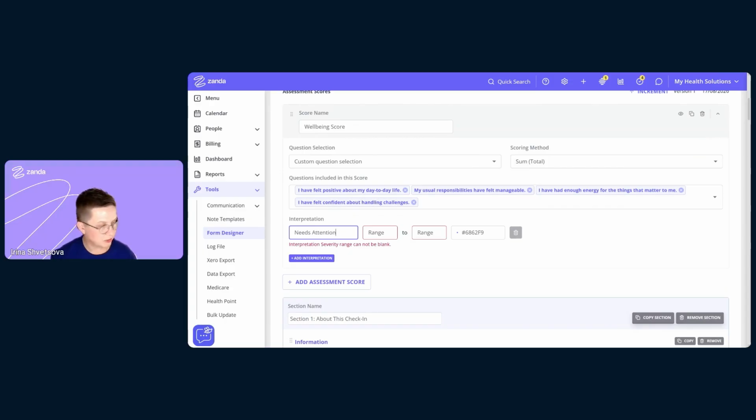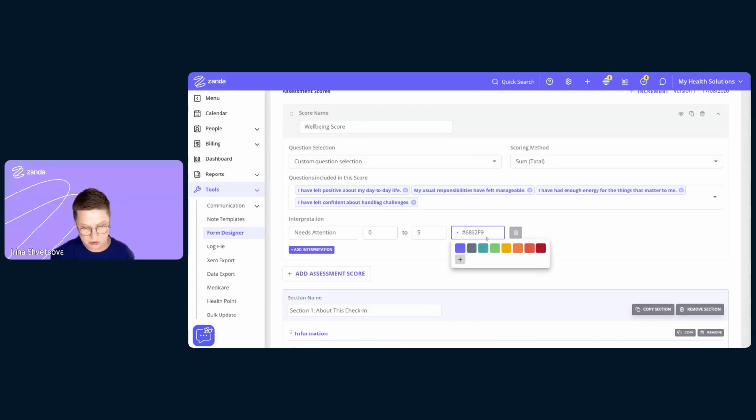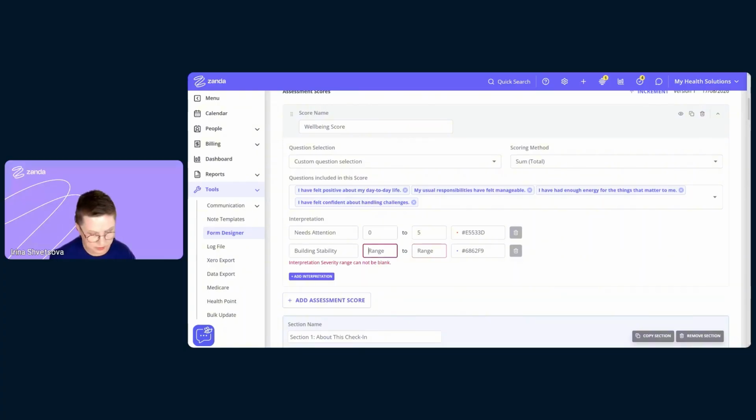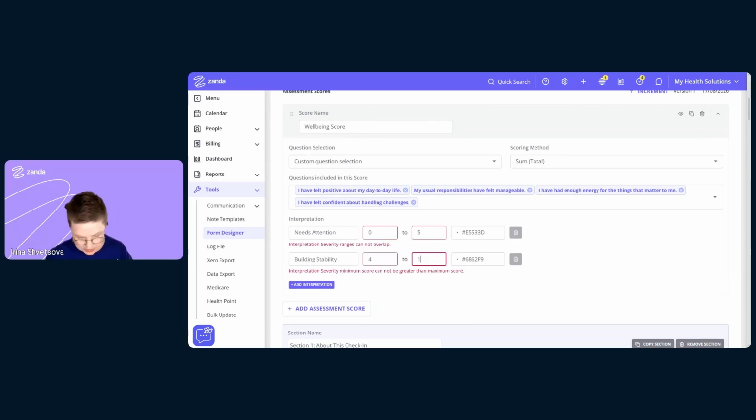The range will be from 0 to 5. And then I can also select the color so that it color codes the interpretations for me when the form is scored. And I can do one more. For example, building stability. The range will be from, if I do 5, no, if I do 4, for example, to 10,